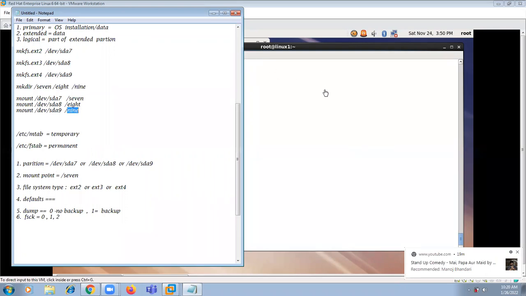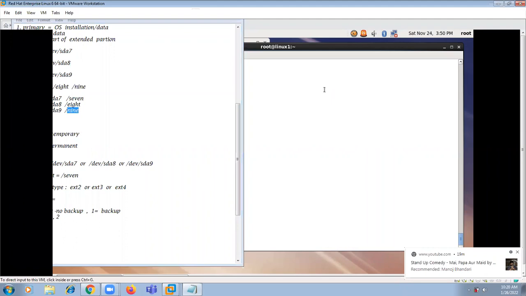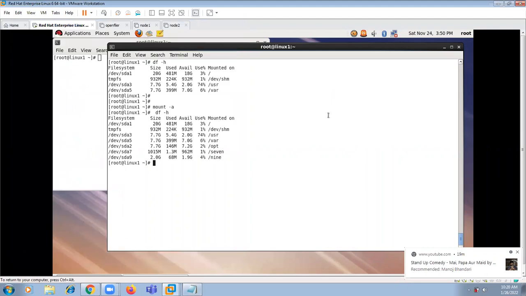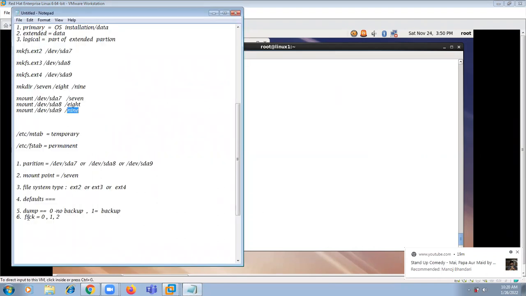And one more thing. Now here, we have fsck. I've given one option here, in the 6th field, fsck. fsck stands for file system checking. Means, for example,